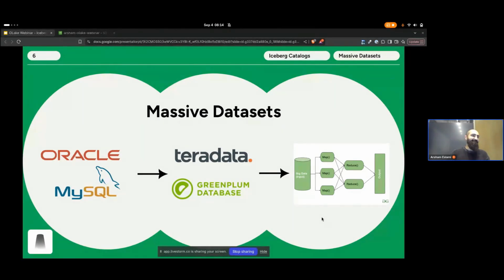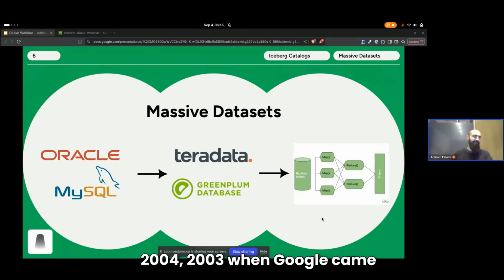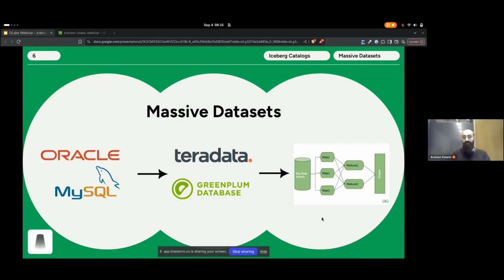MapReduce. I think Google, Yahoo, Facebook, some of the big companies that were using these massive data sets and had access to all this infrastructure had the time to actually think about, okay, what's the future of this landscape going to look like? It was around 2003, 2004 when Google came out with their distributed file system, GFS, and then MapReduce shortly after. This was huge. This let us do a lot of things at scale really quickly. That was the early 2000s. MapReduce was big. Everyone was talking about MapReduce.